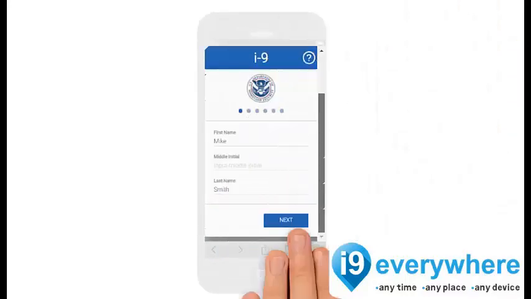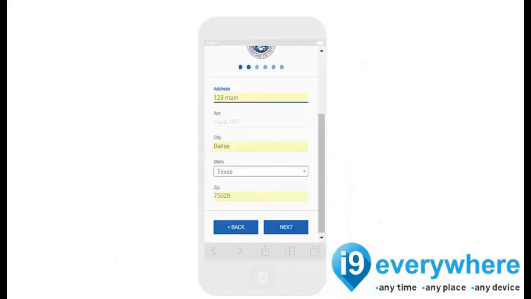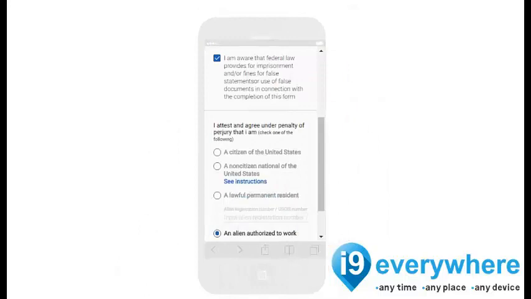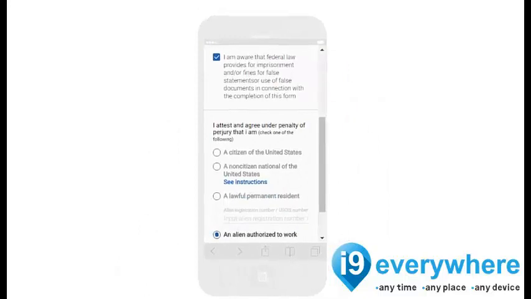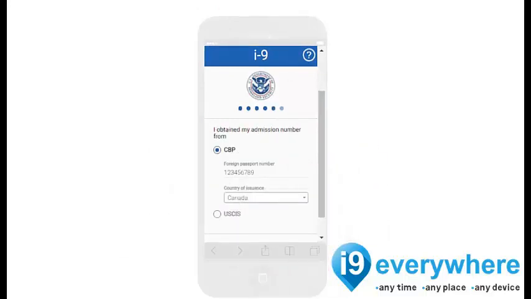Next, we prompt them to enter in all the information from Section 1 of the Form I-9: their first name, their last name, address, date of birth, social security number, all that information needed. Then we'll prompt them for their citizenship status. Based on that, we'll launch our wizard and ask them a number of questions about the documents they may have